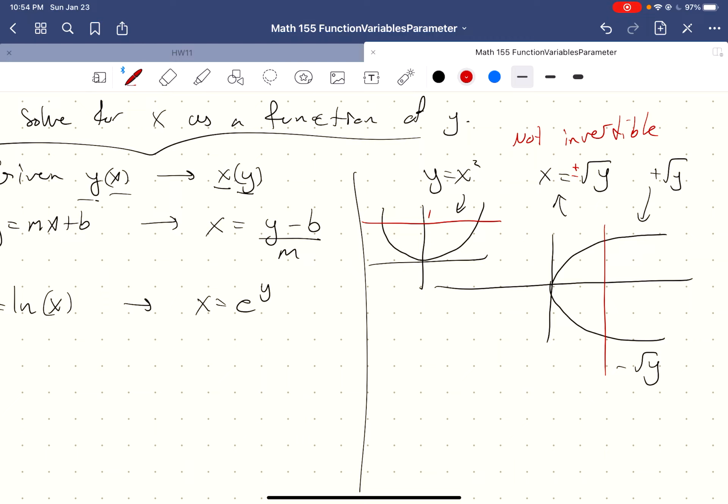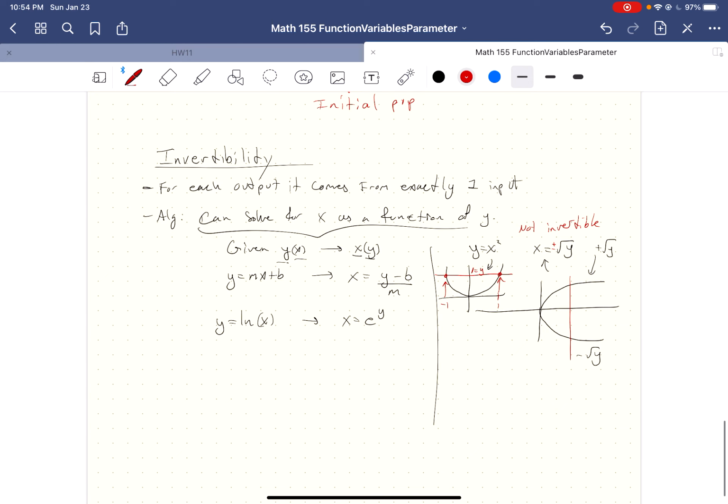For example, if this was y equals 1, so my output is 1, there are two different inputs. There's positive 1 and there's negative 1, and both of those inputs produce the output 1. So for each output, it comes from exactly one input. That's not true. In this case, there exists